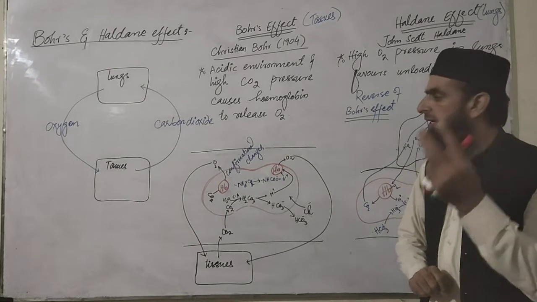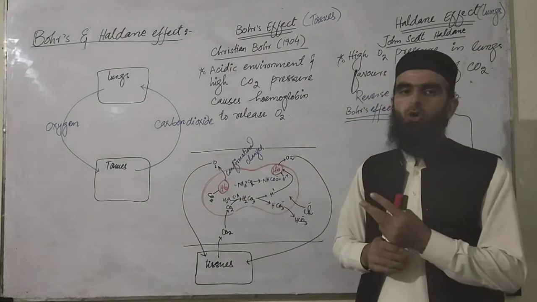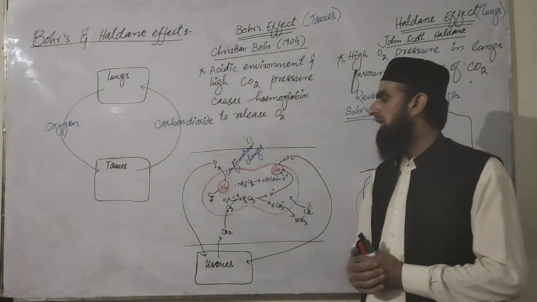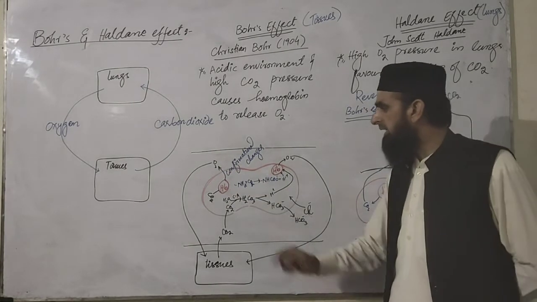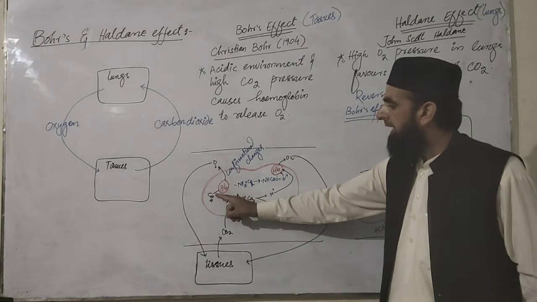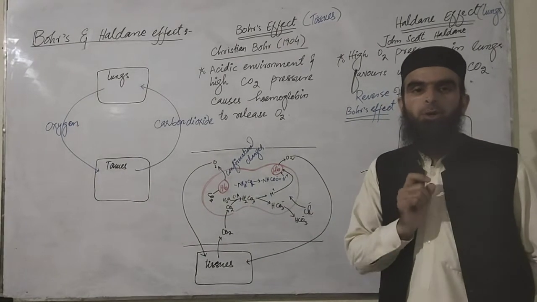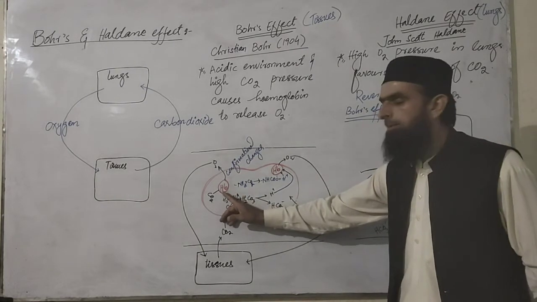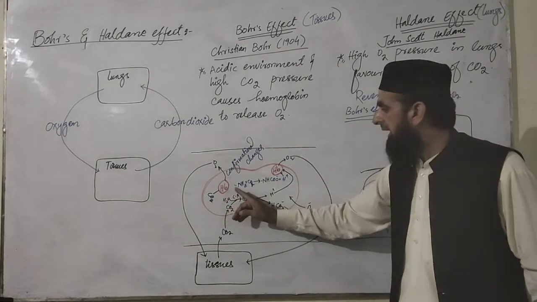There are three ways through which the oxygen is unloaded here. One is the attachment of the carbon dioxide, which unloads the oxygen. Another thing is, whenever this carbon dioxide is attached to the hemoglobin, it forms carbaminohemoglobin, a topic which had been discussed previously. So whenever carbaminohemoglobin is going to be formed, what happens?